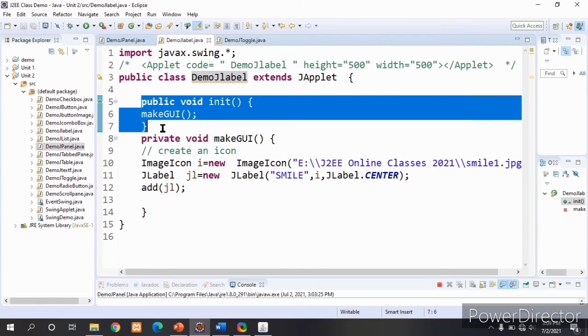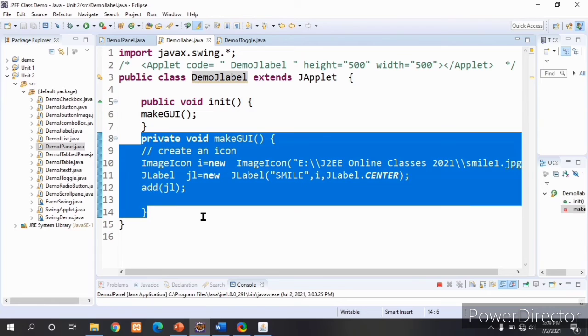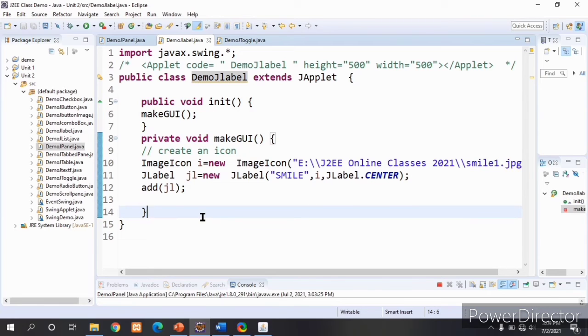Next, I am writing the init method for the applet class. In that, I am defining a makeGUI method. Here I am writing that makeGUI method. In the makeGUI method, I am creating one icon. To display the image on the screen or GUI application, we will make use of the ImageIcon class.